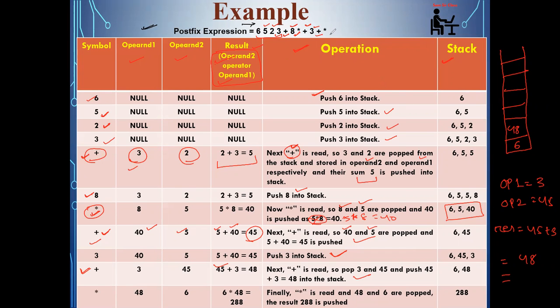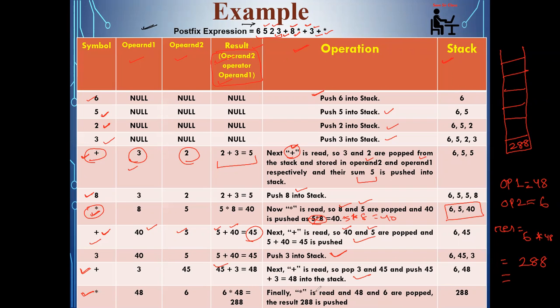Okay. At the end, you are encountering the multiplication operator. So whenever the multiplication operator is there, what will you do? Again, we will follow the same principle where you have to pop 2 values from the stack top. One is 48, the second one is, sorry, 6. Clear? Now, whenever you do the pop operation, not a single value is present in the stack. But what you'll do here, 6 into 48. So 6 into 48 is 288.